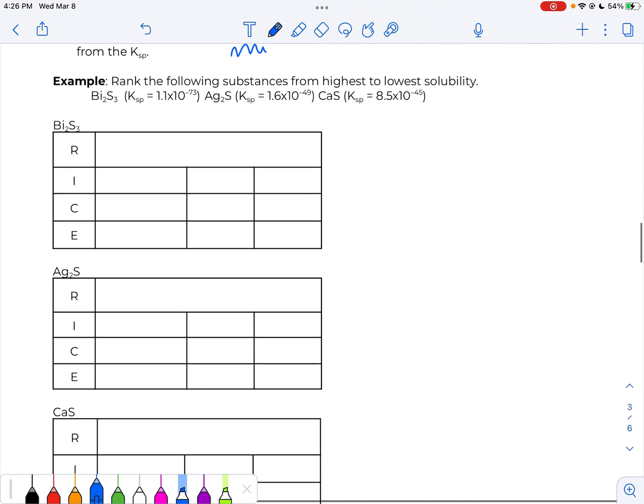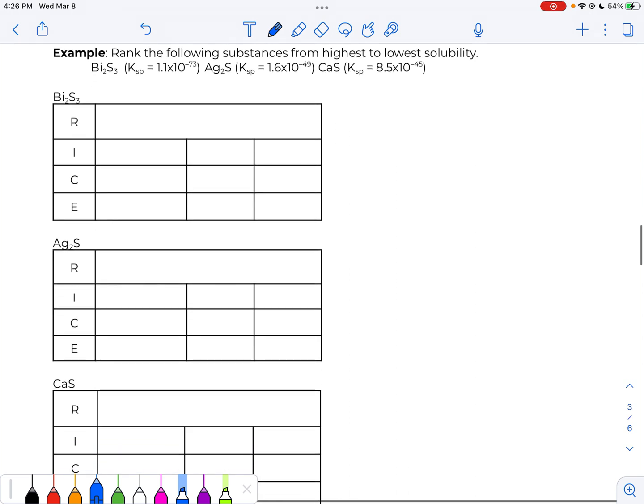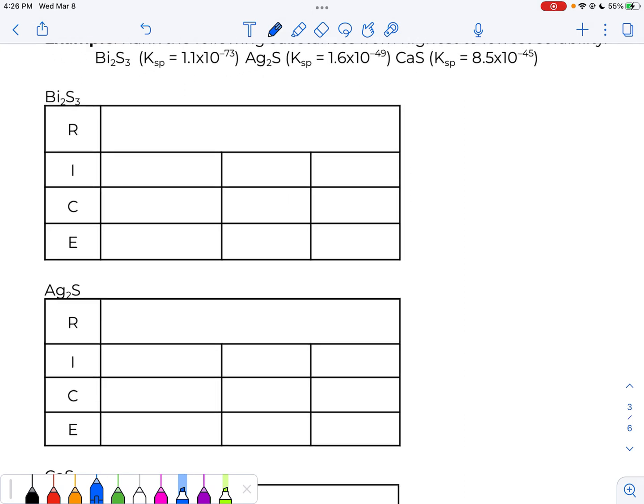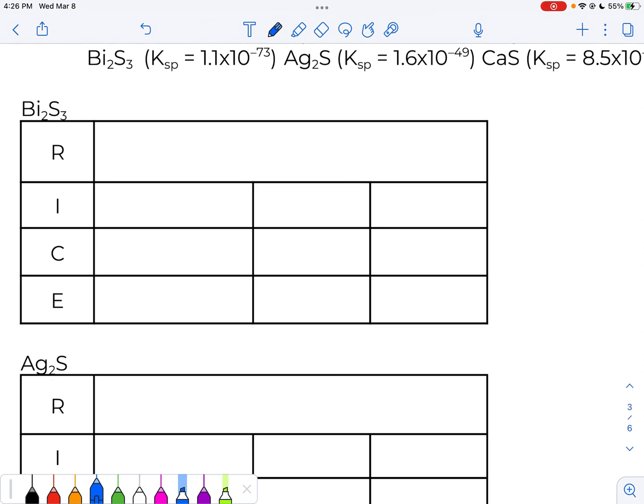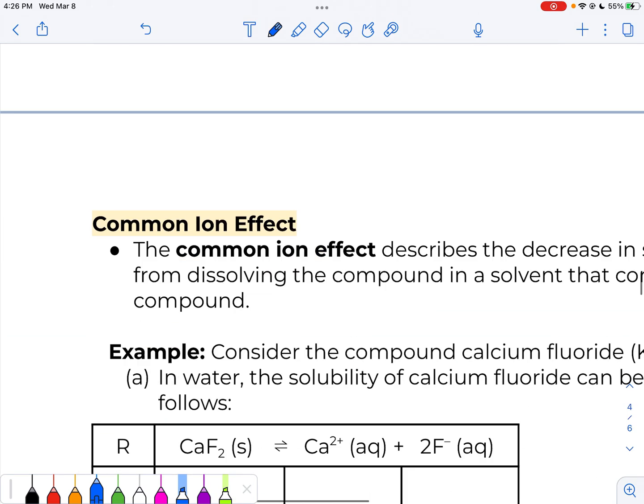All right, so now we're trying to compare bismuth sulfide, Bi2S3, silver sulfide, Ag2S, and calcium sulfide, CaS. Okay, so I'll do the first one, you do the second two, and then we'll see if we can compare. All right, so first reaction,